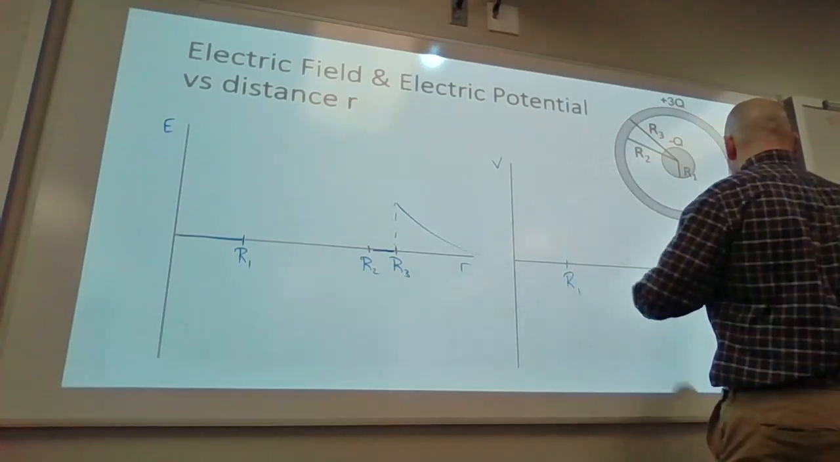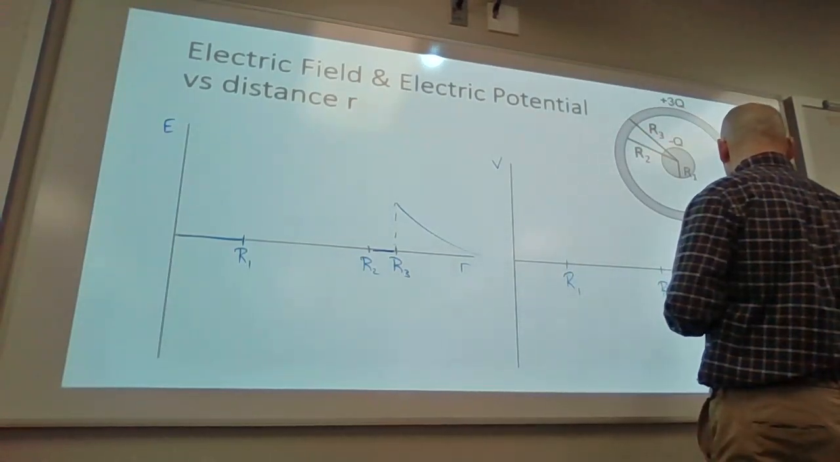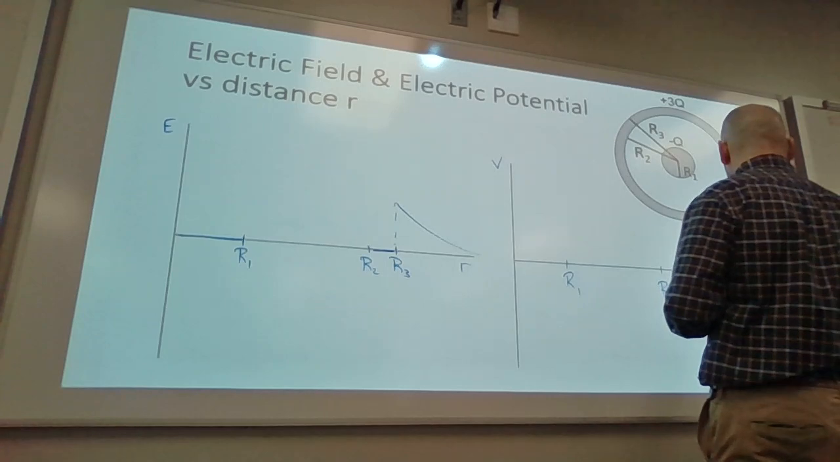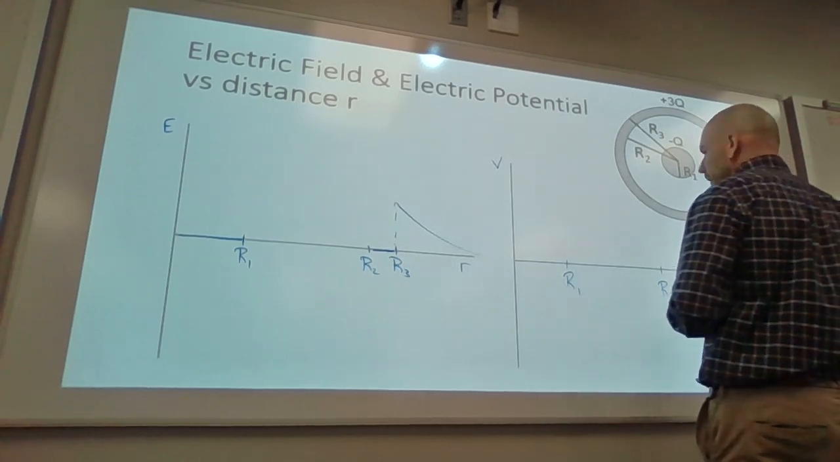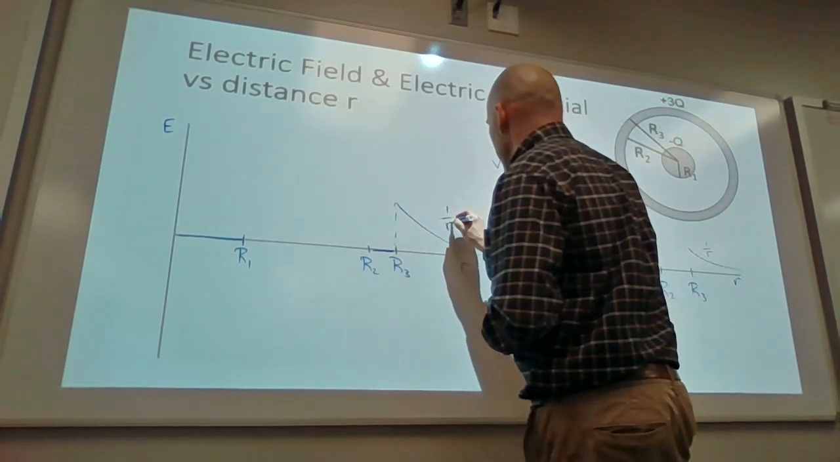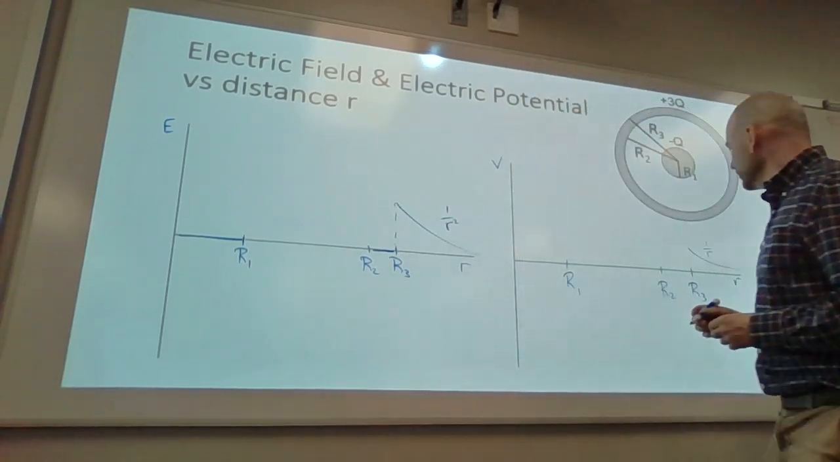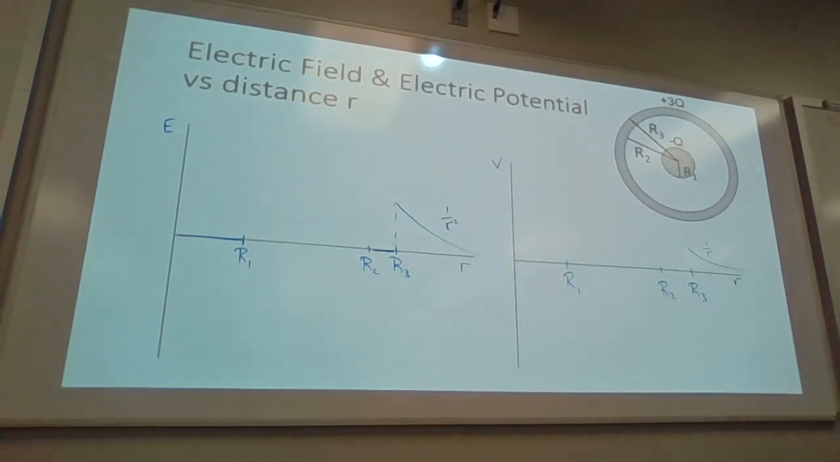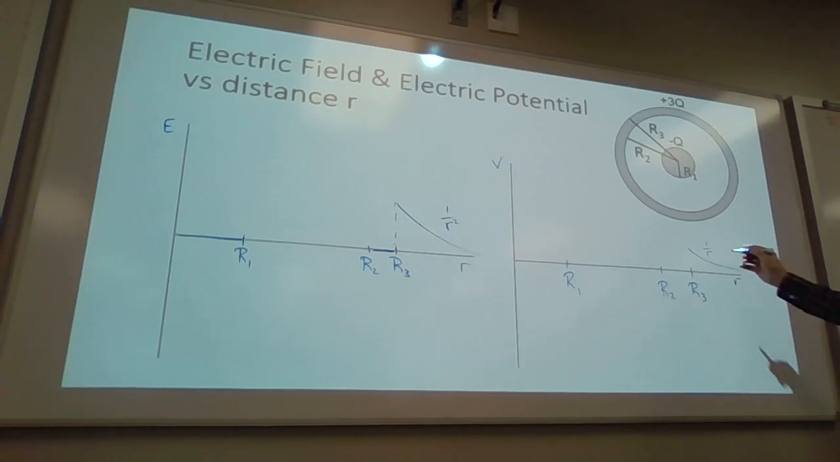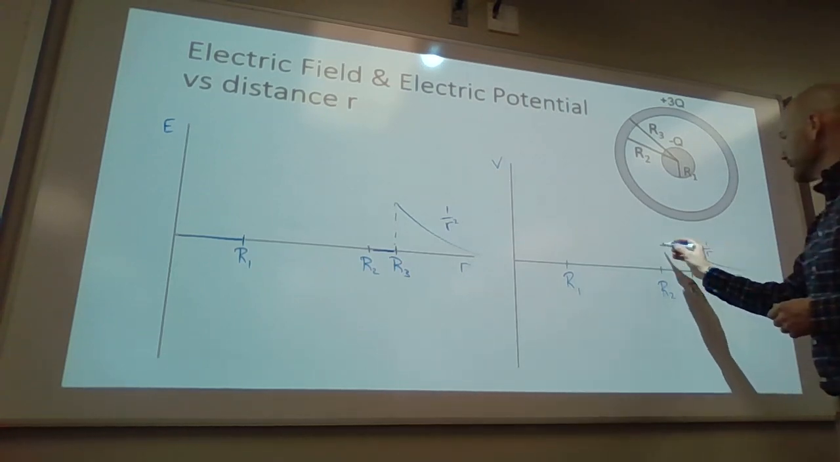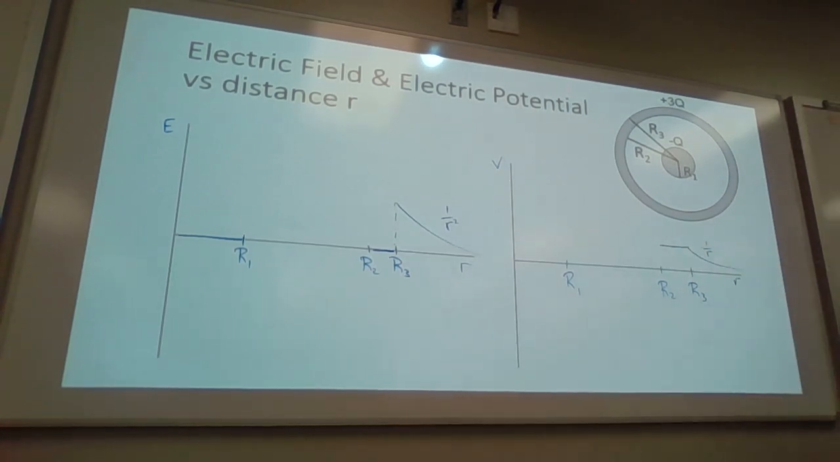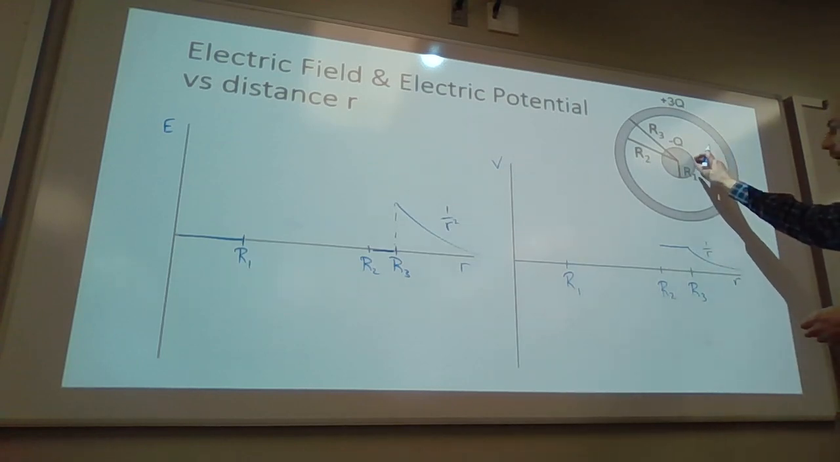This is also positive, it's 1 over r. This is 1 over r squared. Here, this stays the same. Good with that? And then from here to here,